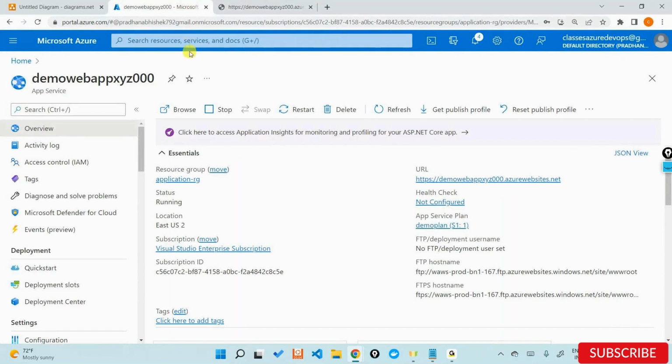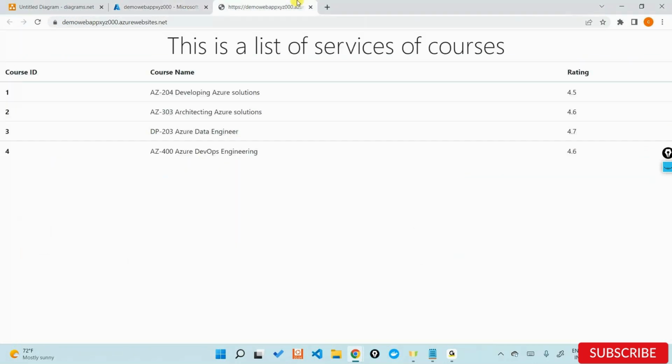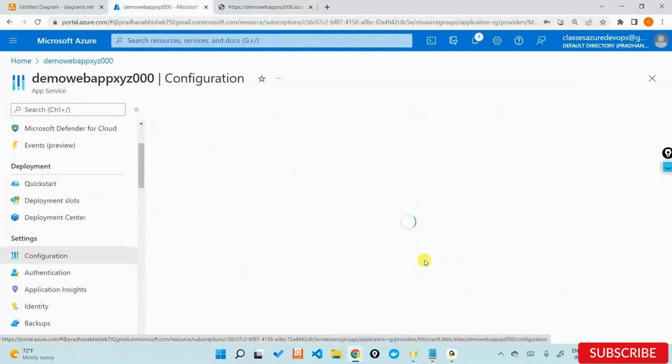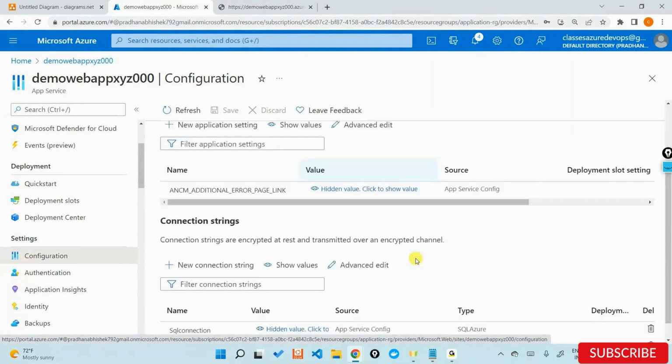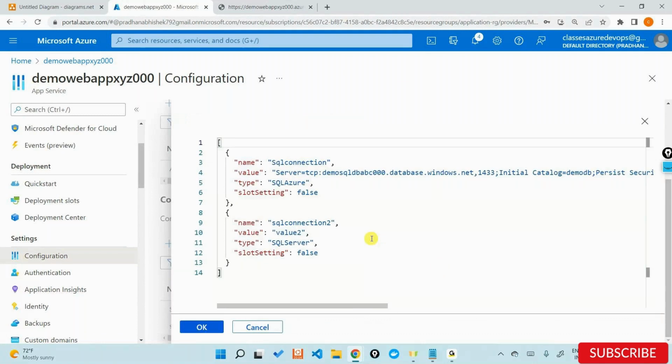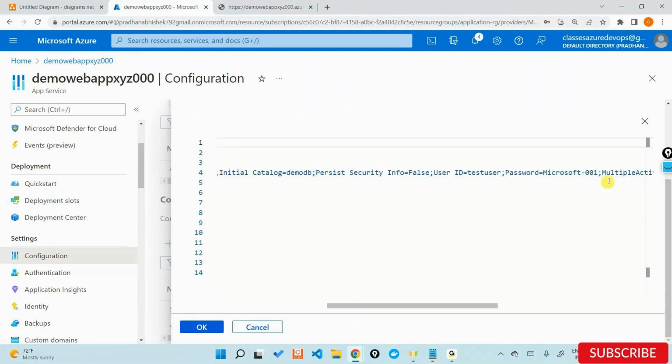What if you get some error during the code deployment or after the code deployment? You're not able to see the page. Like earlier, we weren't able to see the page at all, right? You're getting some error because we did not have a connection string. What if the connection string gets deleted for some reason? Maybe the connection string is altered. Let's say I change my connection string,